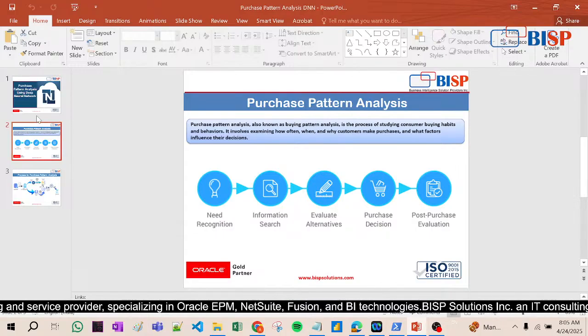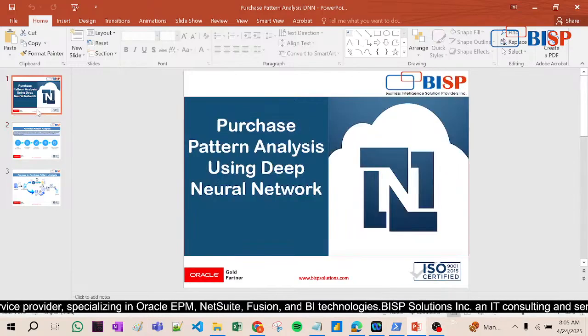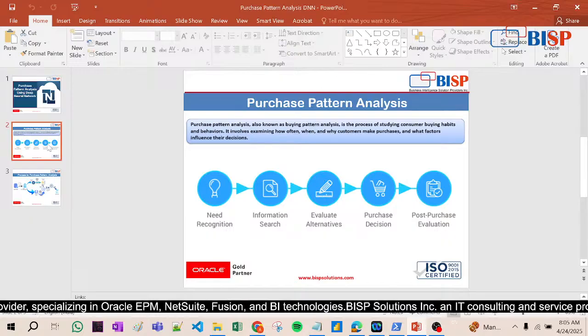Today we are going to study this purchase pattern analysis using a deep neural network. For example, I am running a general grocery store, and there are certain customers, let's say 100 customers in the city, that I know will definitely come to me.